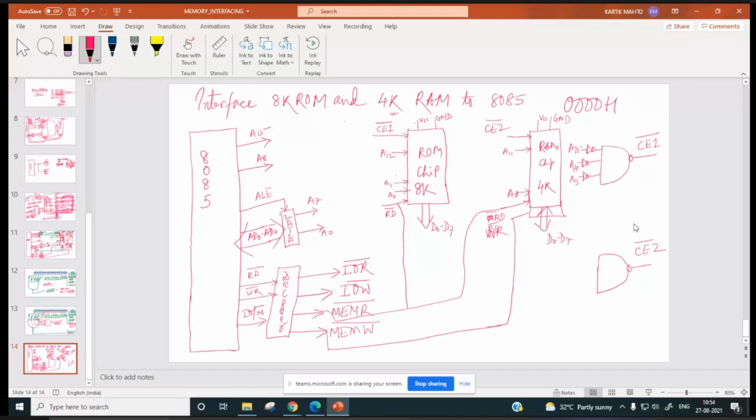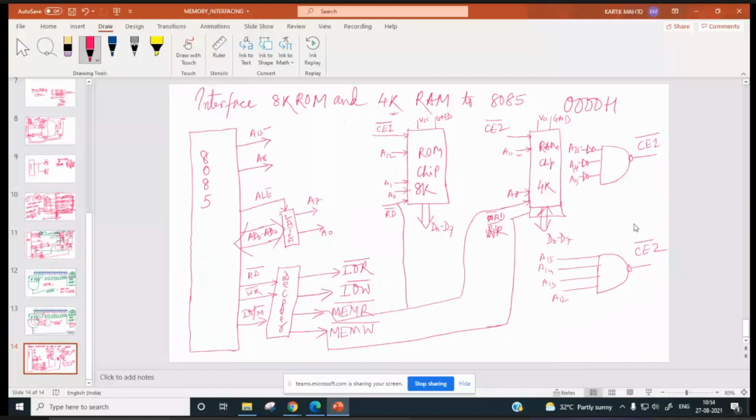What will be in CE bar 2? Sir, A12, A11 and A10. A12, A11, now up to which is being used, 12, 11 is being used, no? So A12 will be there, A13 will be there, A14 will be there, and A15 will be there.